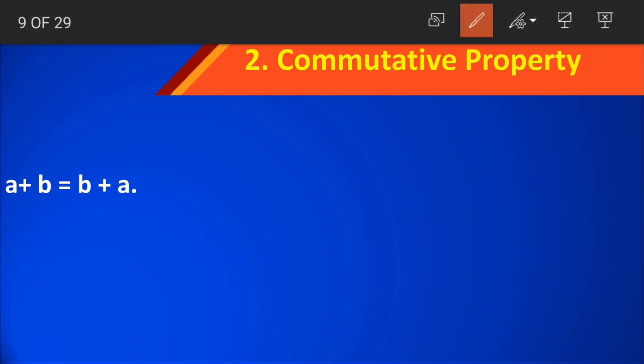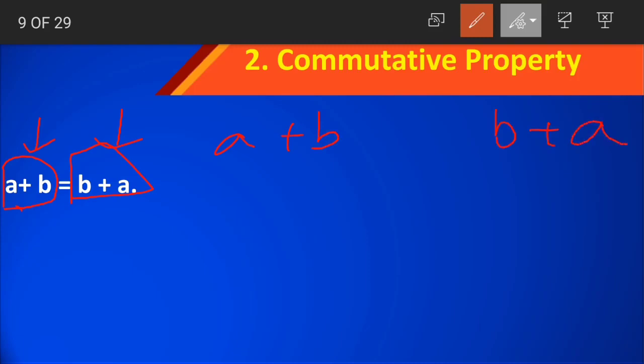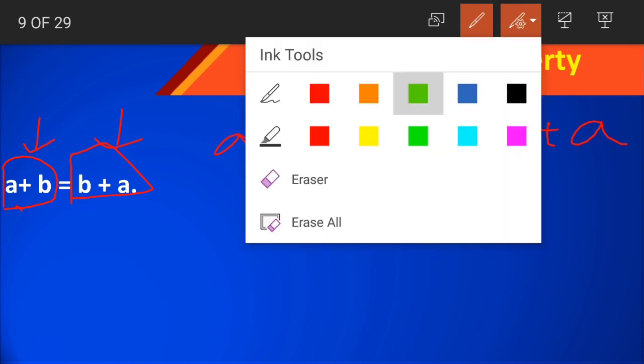Let us take addition. What should the equation be? The equation should be like a plus b is equal to b plus a. Are you observing here? The order of integers is changed. First we wrote a plus b, and in the second equation on the right-hand side we have b plus a. The answers of both a plus b and b plus a should be equal. Is it clear, class? Let us take an example and see whether it is correct or not.